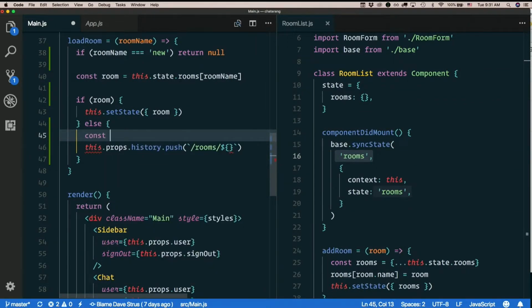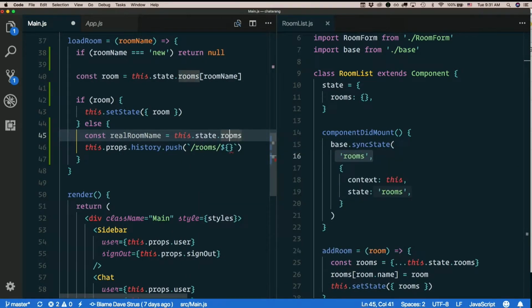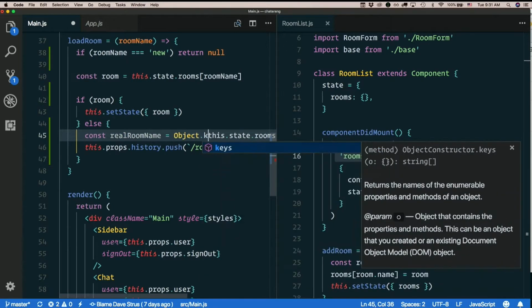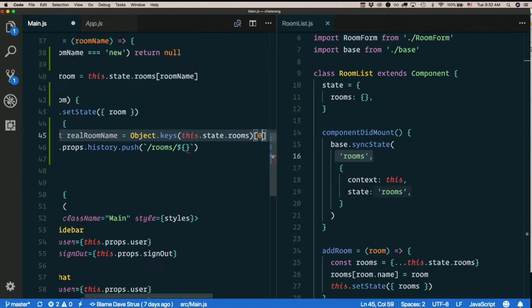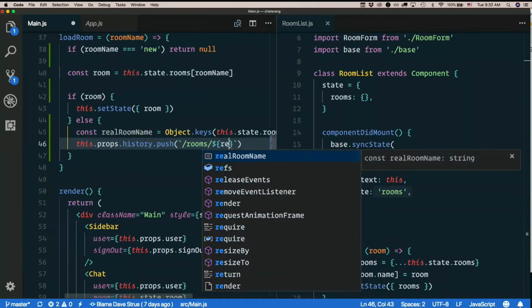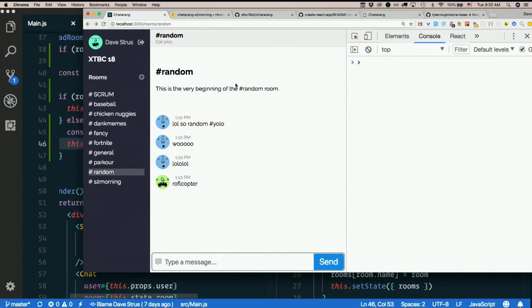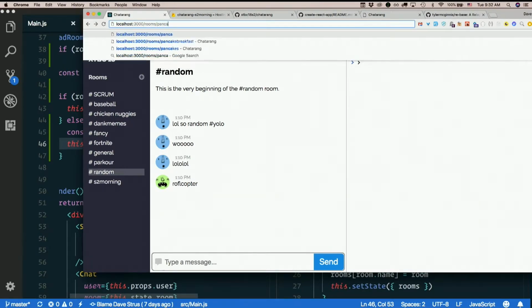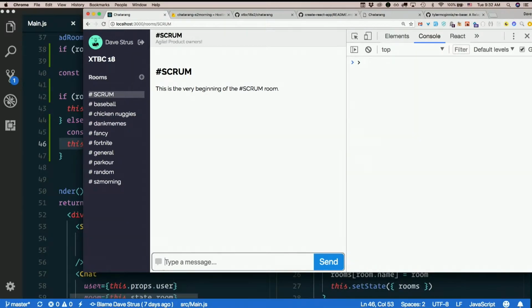So const real room name equals this.state.rooms, object.keys on that. This.state.rooms, $0 / real room name. See what that does. So if I go now to pancake breakfast, I just get redirected to Scrum, which